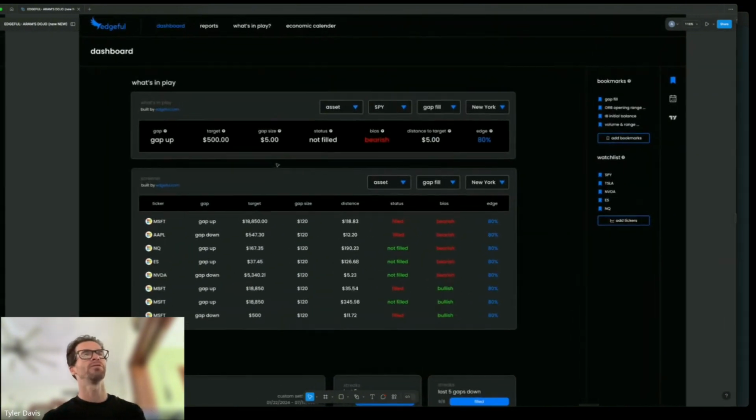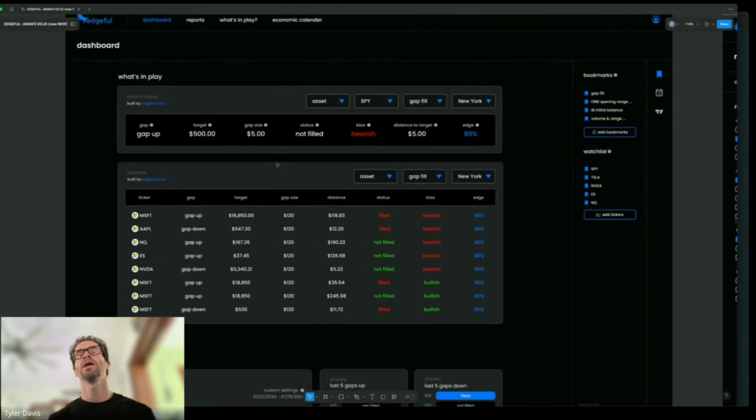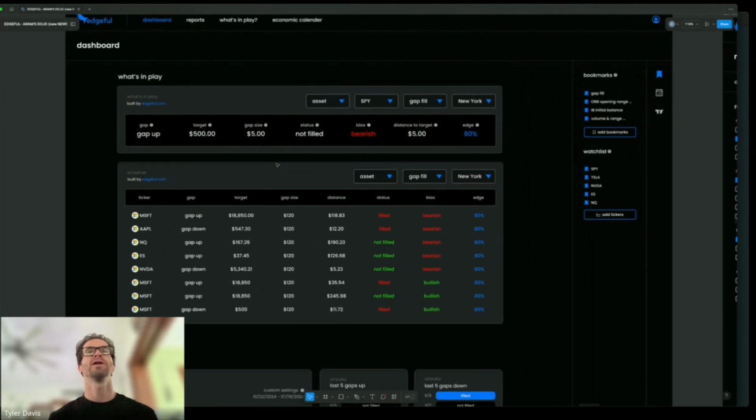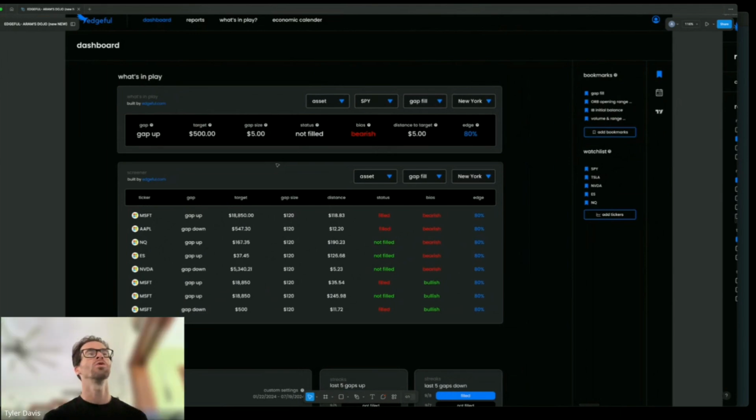if you're someone who likes to trade gap fills or whatever it may be, or even maybe with the economic calendar, is there a way to set notifications? Say there's data dropping at 8:30 a.m. A lot of times it is, and you're trading futures in the morning pre-market, and you get a notification that's like, hey, data dropping in 5 minutes. I think something like that could be kind of cool,